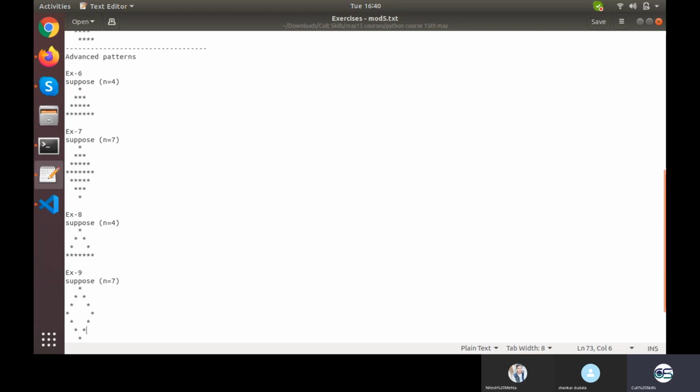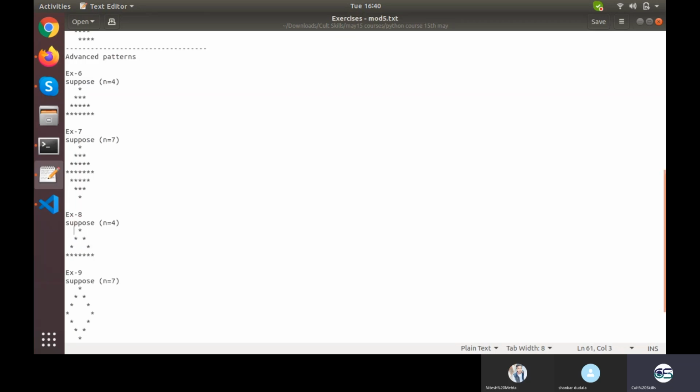So there will basically be 3 things. Firstly spaces, then star, then spaces, and then stars. You need to define how many spaces before the star, where to place the star, then how many spaces within the stars, and then where to place the next star. So 3 things basically, or rather 4: space, star, space, star. This whole thing you need to think of.